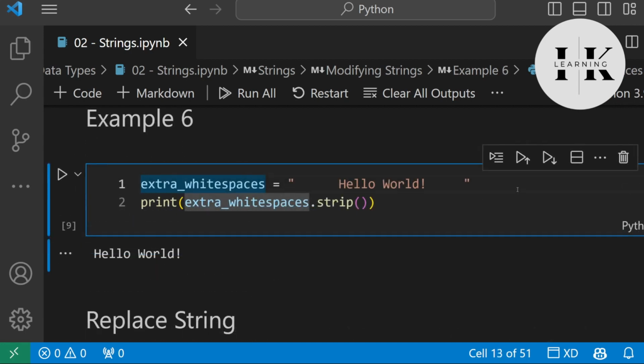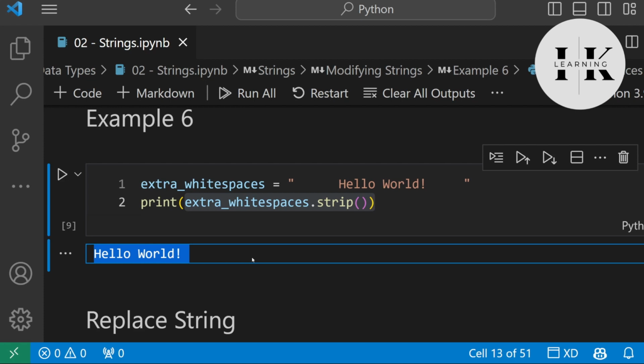Now, a couple of more interesting and a bit more complicated functions, which are also built into Python, are methods like strip. What strip essentially does is remove white space that comes before or after a string. So if you take a look over here, we have a variable called extra white spaces, and inside of it, we have white spaces leading up to hello world, followed by more white spaces. Now, when we call extra white spaces.strip, it's going to remove the white spaces before and after hello world, essentially in the beginning and the end of our string. And that's why over here, we're getting hello world without any white spaces before or after it.